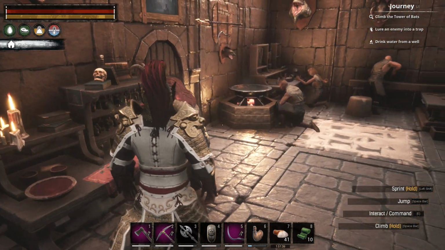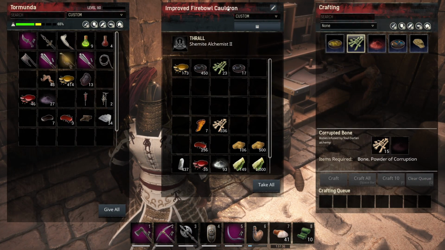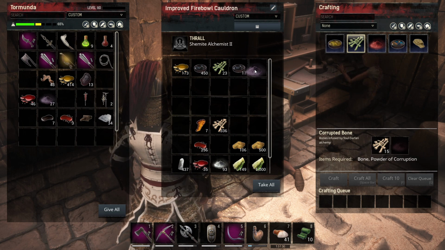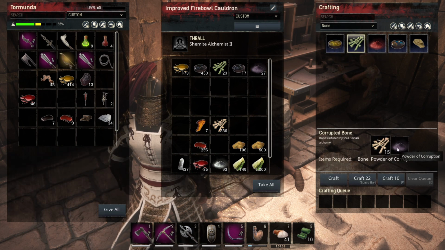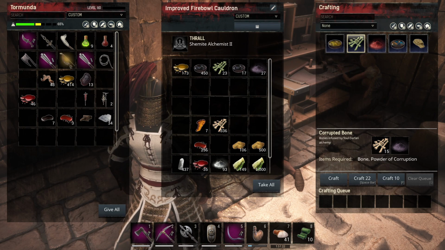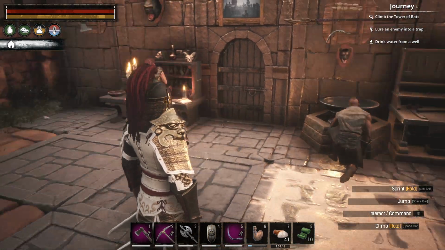They need these corrupted bones, by the way. The corrupted bones you can craft in your fireball. They need this powder of corruption that we were picking up. And as you can see now, using bones, you can craft a bunch of corrupted bone. So there you are. That's it. That's how to create your own